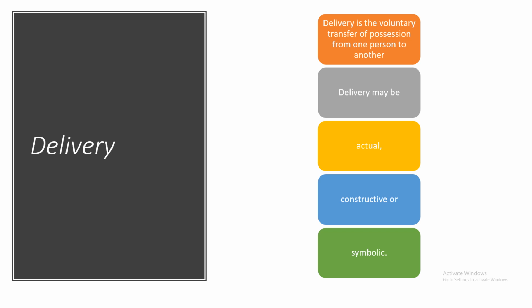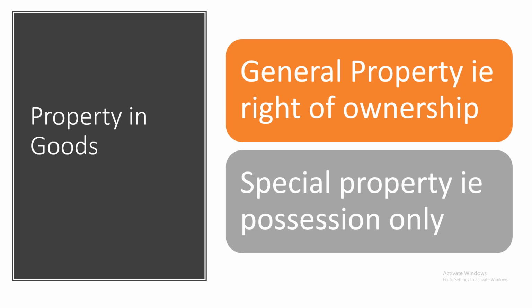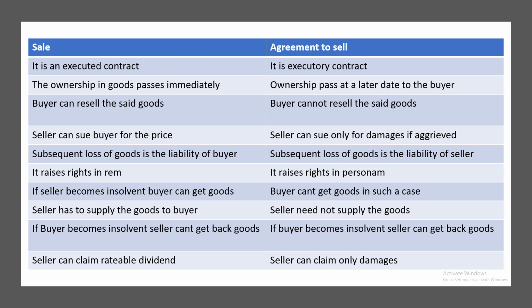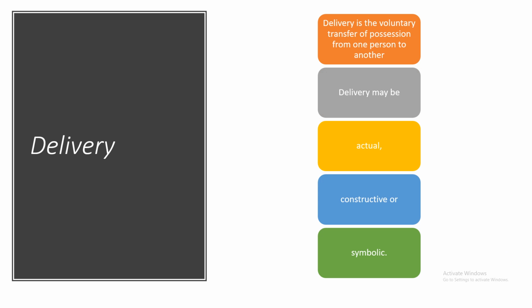Now, let us check out what this is. How come, on a sale, the seller will be satisfied and the buyer will accept without giving delivery of goods? There may be cases where the sold or purchased item is a bulk item. In such a case, it may not be possible for either the seller or the buyer to take possession in person